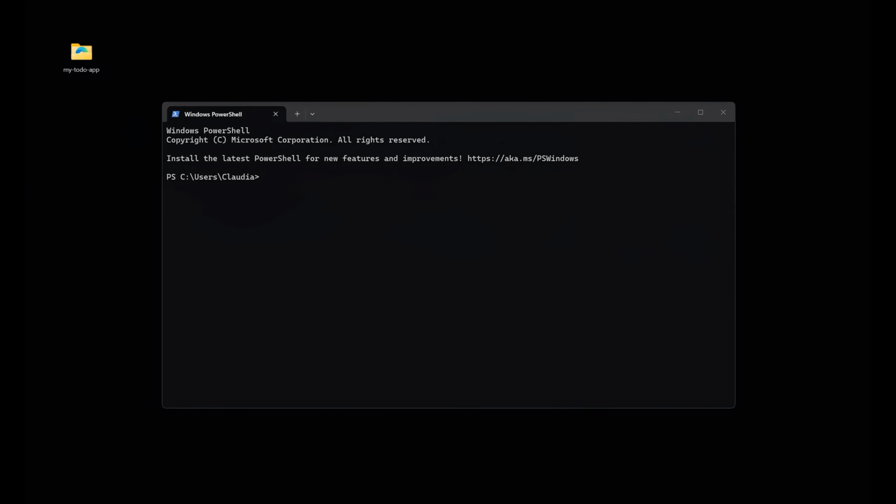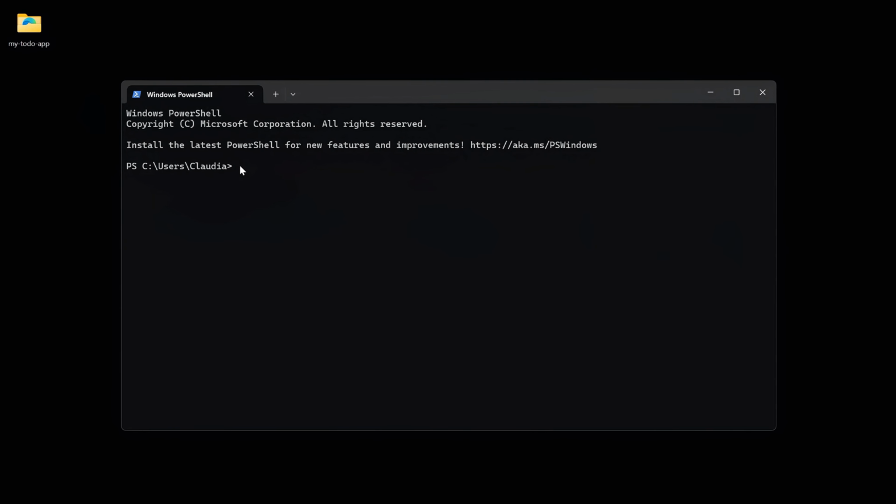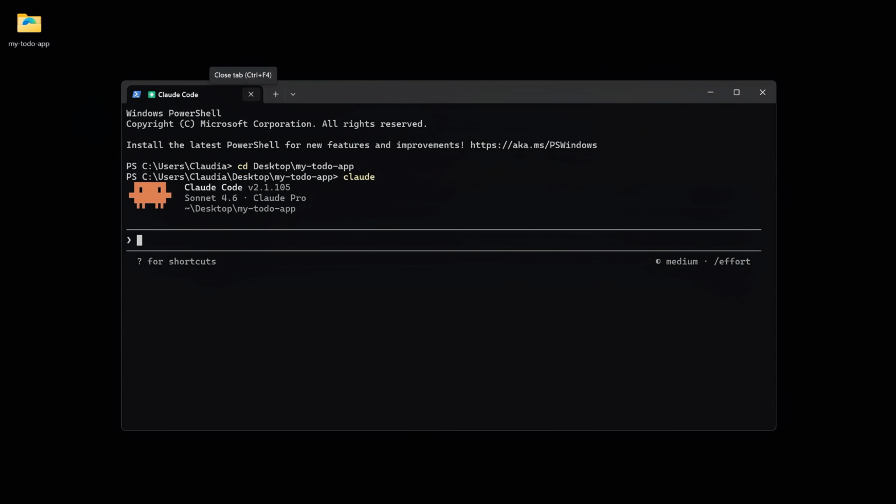Let's use the to-do app project we built in the last video. Navigate to that folder in your terminal and start Claude Code. Type cd desktop/my-to-do-app, then type claude and hit enter. Now, Claude Code actually has a built-in command to help you create a starter CLAUDE.md automatically. Type this,